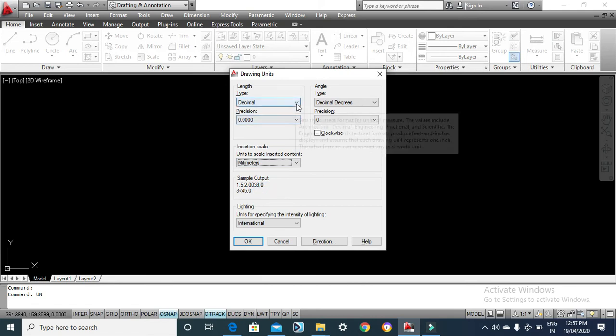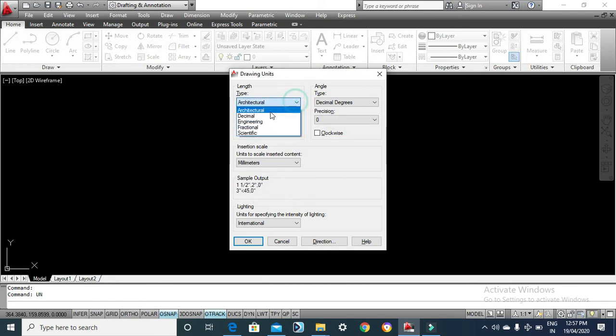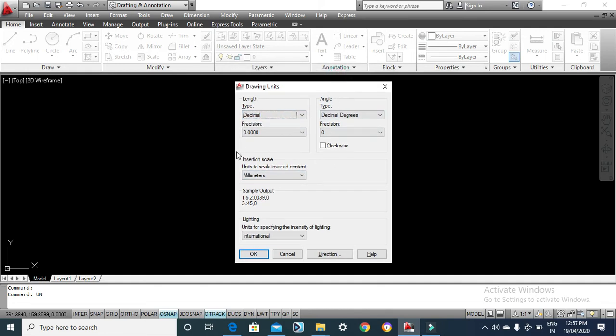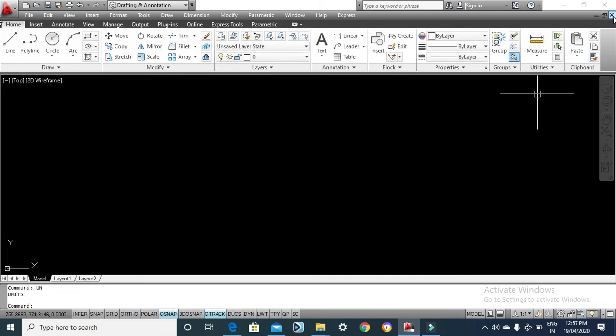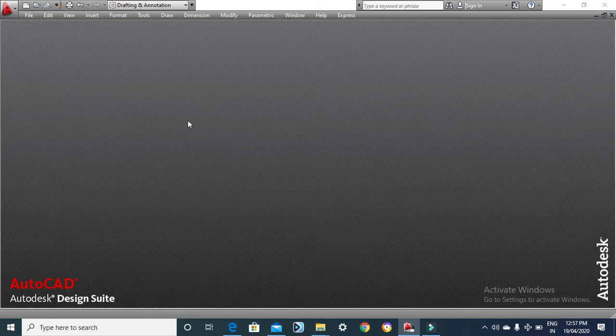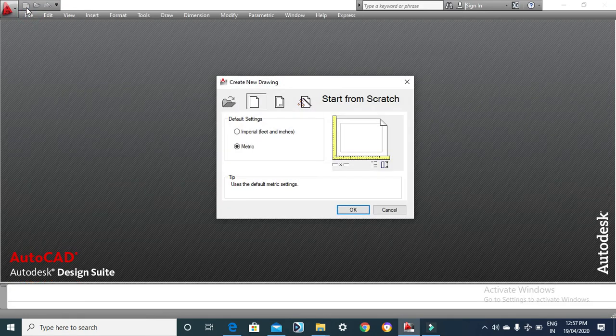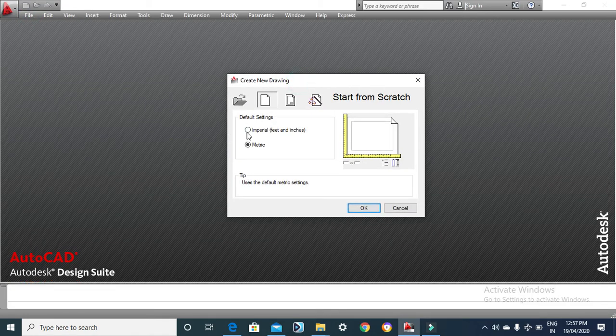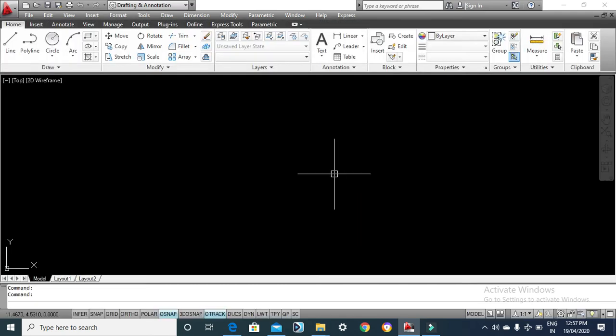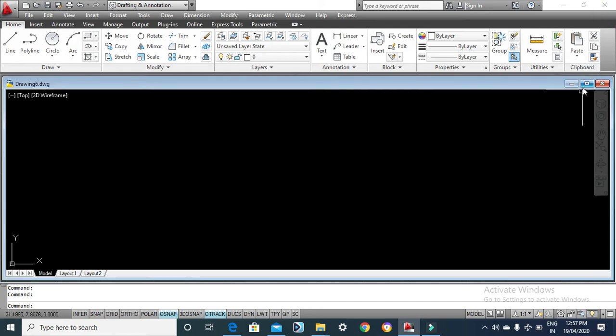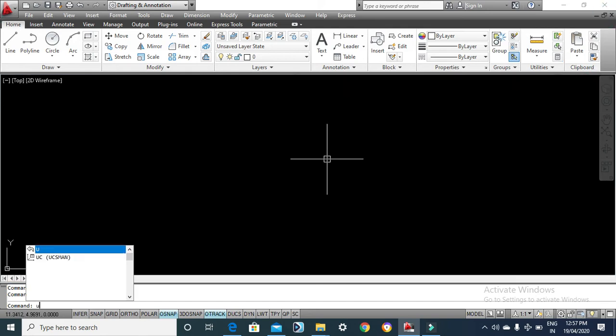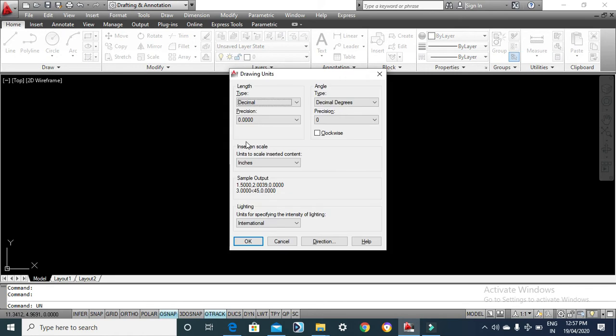Here you can of course change it to architecture or to something else, to decimal, but today I have taught you how to make the units to scale inserted content millimeters. Now if we close this drawing and go again to create a new drawing, and if you select imperial feet and inches, please pay attention, and say okay, the drawing which opens, this is a new drawing, the default units will be inches.